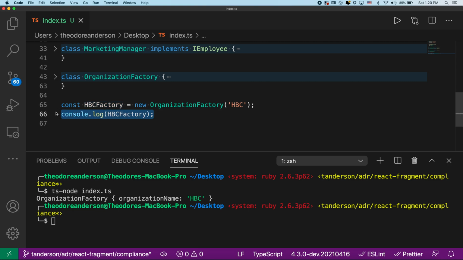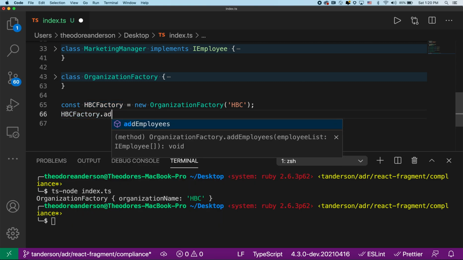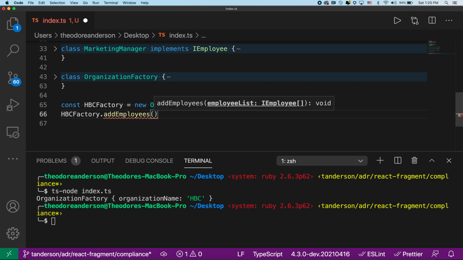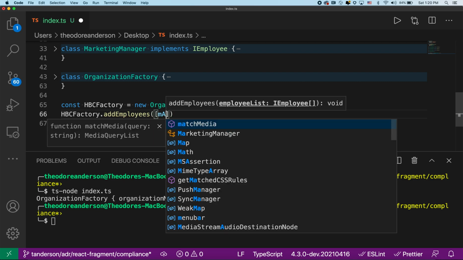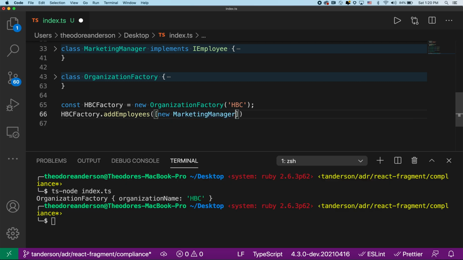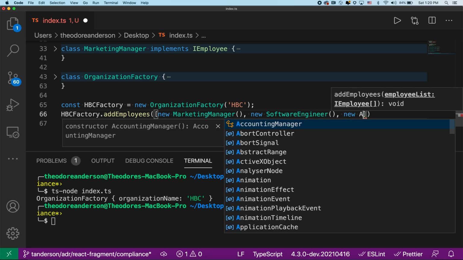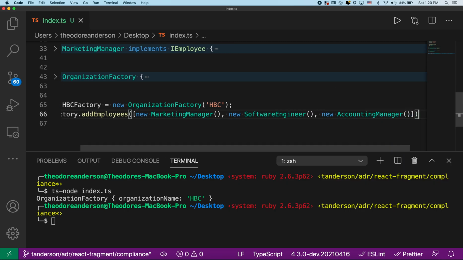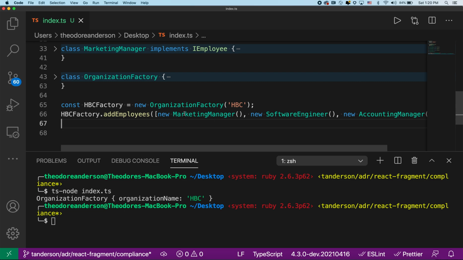And let's go ahead and add our employees here. Add employees, and we want to add our marketing manager, but we need to create a new instance of it. So what we'll do is we'll create a new marketing manager, a new software engineer, and a new accounting manager. Okay, and with that, we'll now log out again our HBC factory,